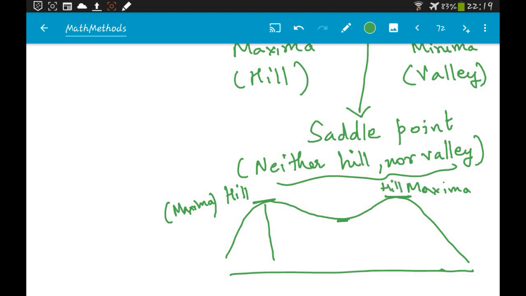So from everywhere, whether you go in this direction, whether you go in this direction, whether you go in this direction, whether you go from the opposite side, everywhere you have to climb up. So this is a hill. Similarly for here,